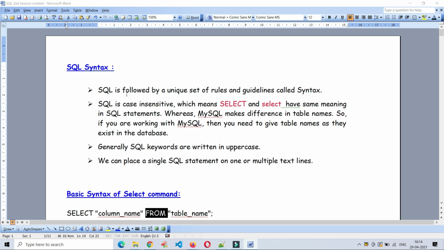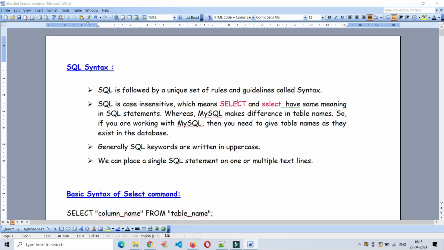When it comes to case sensitivity in SQL, if you write any command in capital letters and the same command in small letters, both are treated as a single SQL statement. There is no difference. If you write select in capitals or select in small, SQL, with respect to the database, will consider it the same.